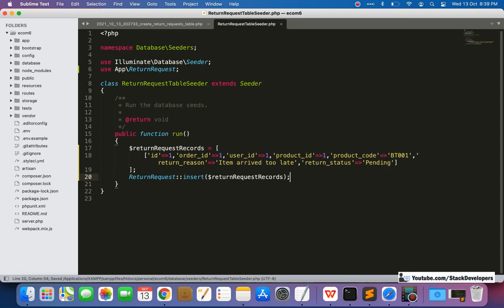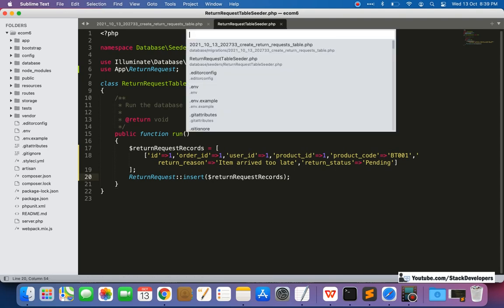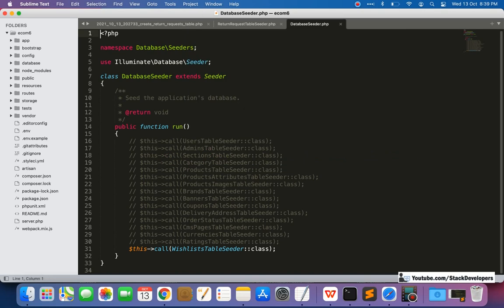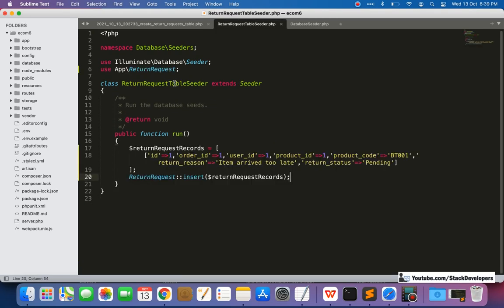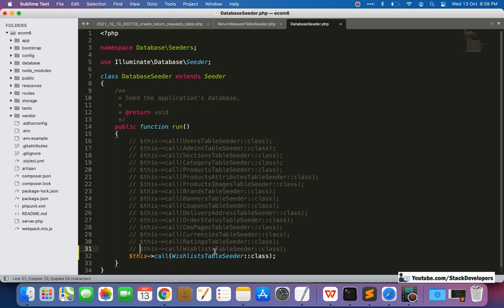Now one more thing we need to do: we will update the database seeder like we used to do all the time. Here we will simply call this request database seeder.